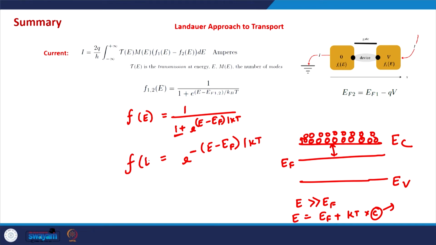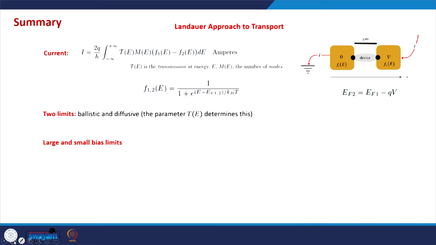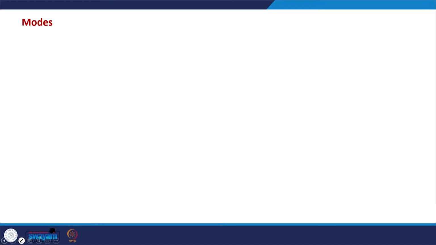So, this Fermi-Dirac distribution function can be approximated by the Maxwell distribution function in the case of non-degenerate semiconductors, which is actually the case in most of the practical devices, and that is why these Fermi-Dirac integrals can be approximated by exponentials,